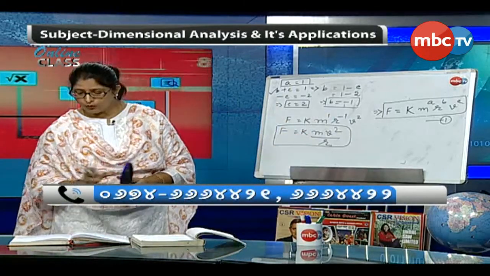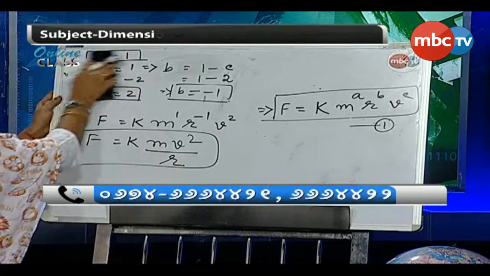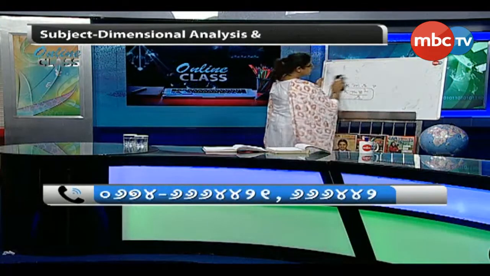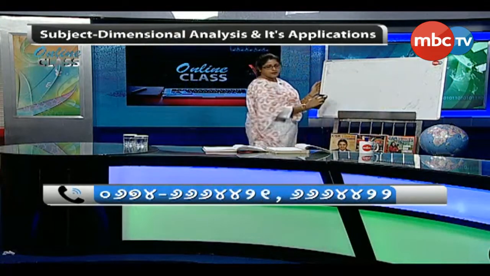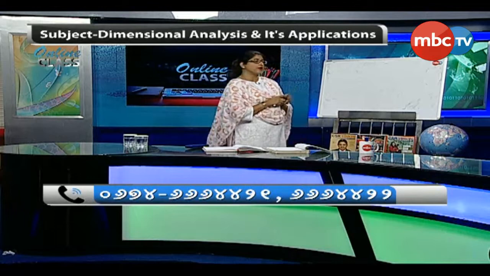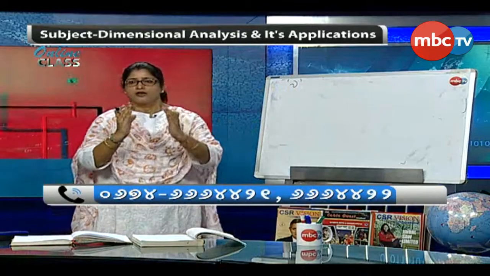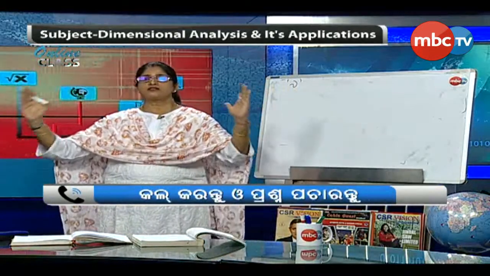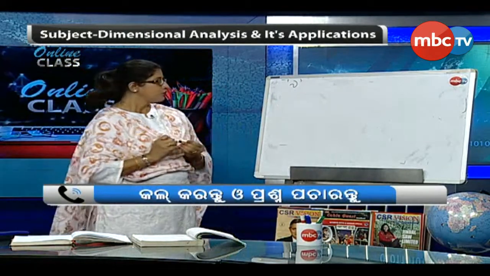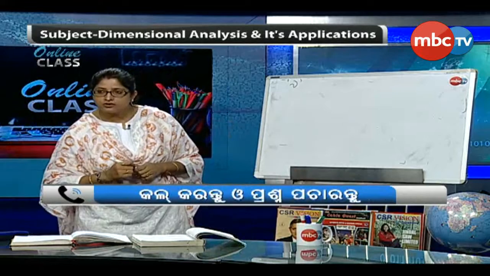Now come to one more problem, one more numerical, so that you can have some idea. Okay. It is given that the frequency of vibration of a straight string depends on several quantities. Frequency is given as nu. A straight string means it is fixed at both ends. When we pluck it, it will vibrate. So the frequency of vibration of that straight string depends on, first,